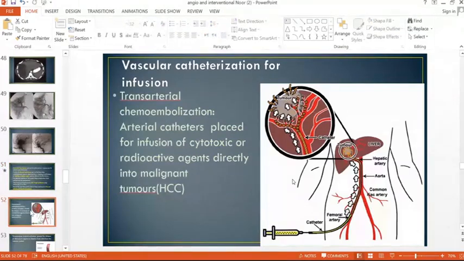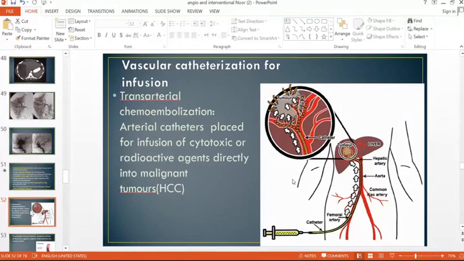Another form of interventional radiology is vascular catheterization for infusion, transarterial chemoembolization. So it is a catheter that is inserted in a vessel, and this catheter is used for infusion of cytotoxic or radioactive agents directly into the malignant tumor to minimize systemic toxicity and to double the toxic effect